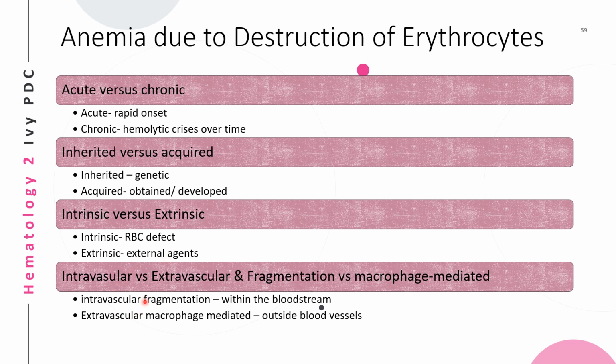Intravascular hemolysis occurs by fragmentation, and although this takes place in the bloodstream, this can also be done in the spleen and bone marrow. Extravascular, meaning that it is outside of the blood vessels, can refer either to the lysis within the macrophage, not in the bloodstream, or to the fact that macrophages are in the tissues, chiefly in the spleen and the liver, and thus are outside the vasculature or outside the blood vessels.